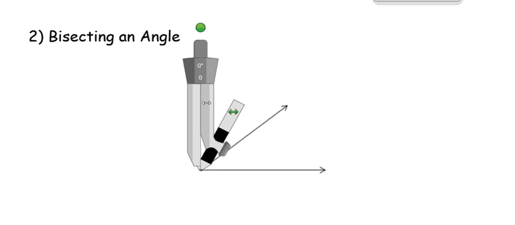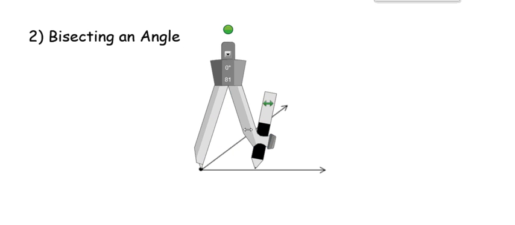For the next construction, we're going to bisect an angle. Here we begin by placing the point of our compass on the vertex of the angle, and we open up our compass to any radius. Then we swing our compass to form an arc,